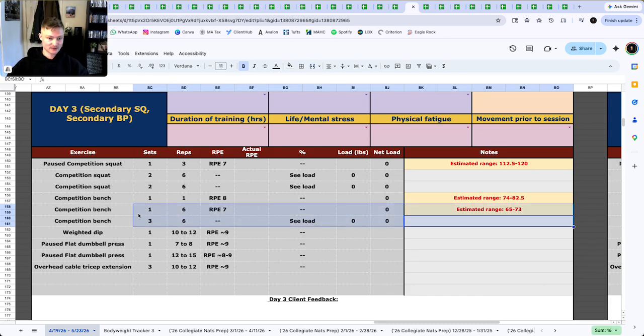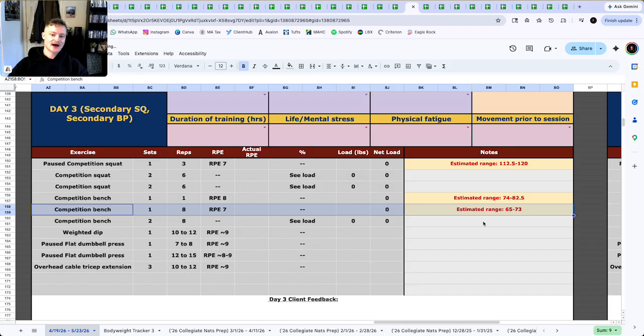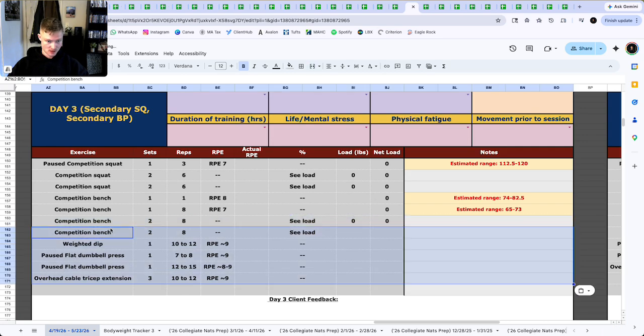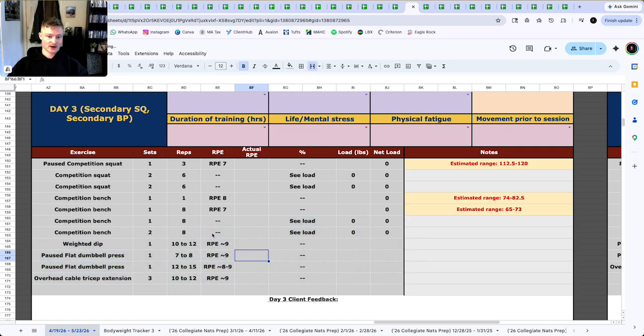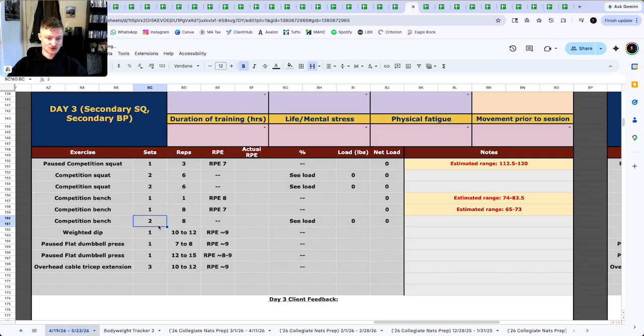Another simple way is, for example, if I wanted to progress this session for her, we could do a top set of 8 and try to push that to the same load as the set of 6 before. And then I would probably drop the back off sets here to 2 sets of 8. Once those are progressed over time, we still have the road to do something like this, where she drops off once and then does 2 more sets. And then over time from that, we can just do 3 straight sets after that. So you get the point.